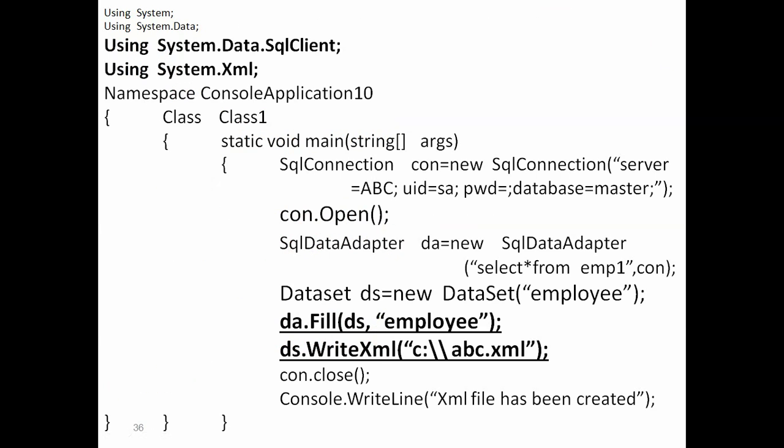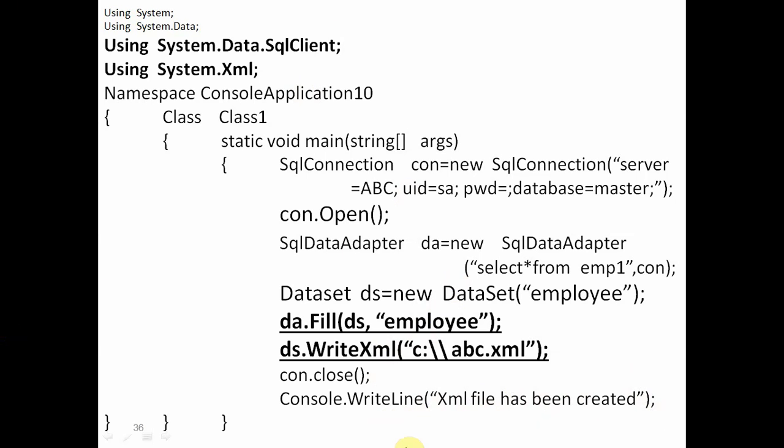And this is a very important program. We are not preparing any XML program. Directly we are taking data from the SQL table and transferring it to abc.xml. So it is very quick, and quickly we can transfer data from here to abc.xml. And finally we'll close the connection, and we are writing here "XML file has been created." If this message is displayed on our screen, it means the program is successfully executed.